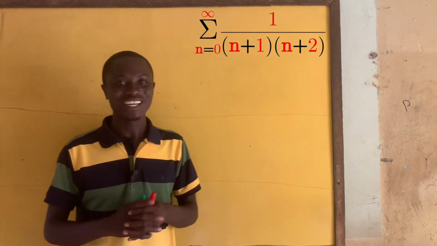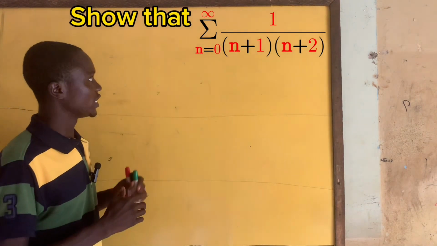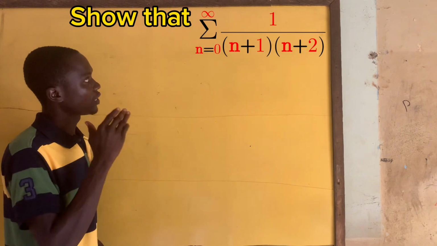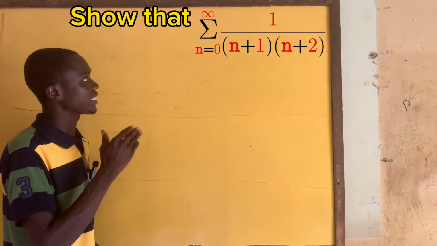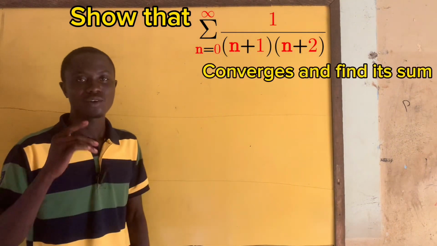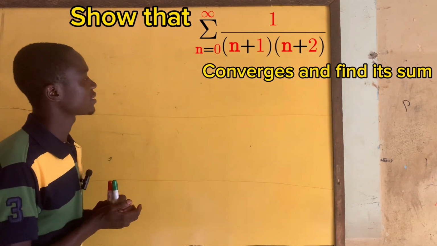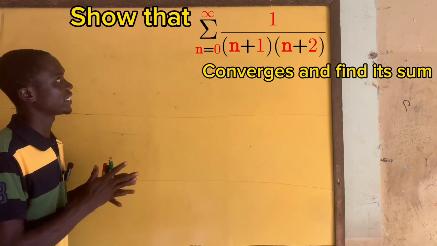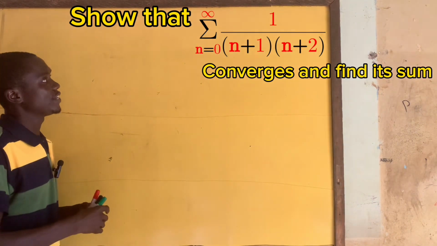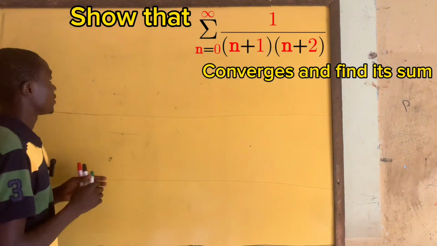I am n+1 Augustine. In this lesson, we are going to show that the series summation n equal to 0 up to infinity of 1 divided by (n+1) times (n+2) converges and find its sum. Now, we know that a series is convergent if its sequence of partial sums converges. So, if we represent the sequence of partial sums by